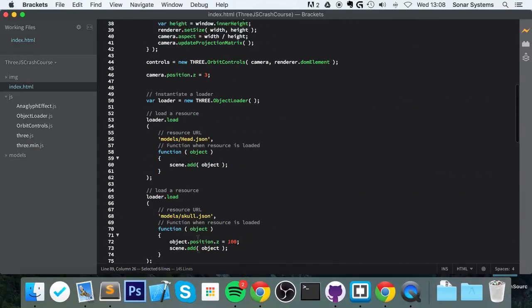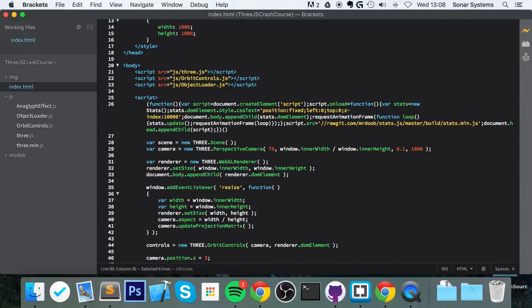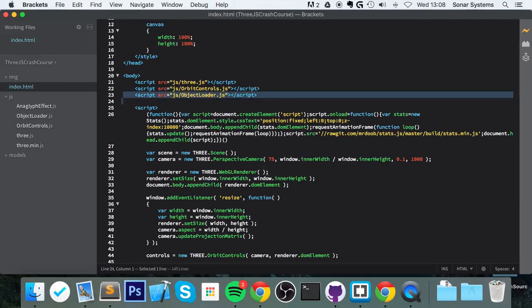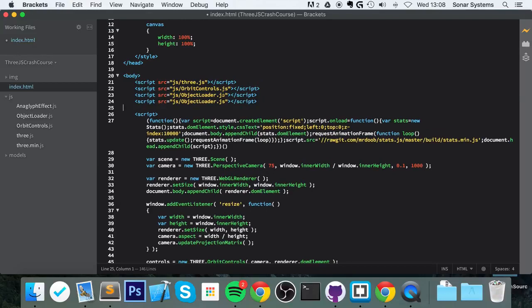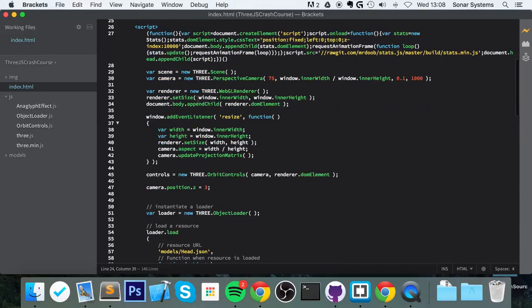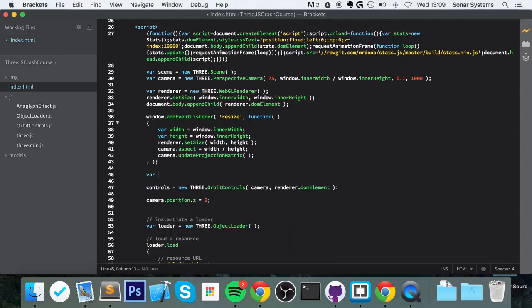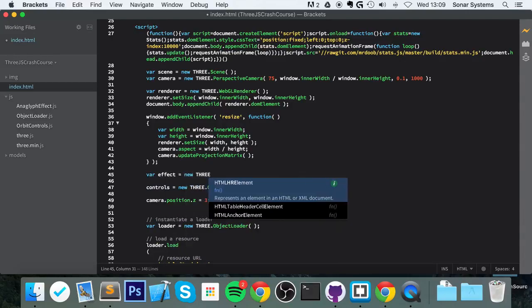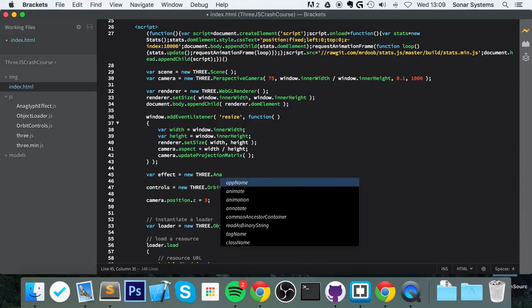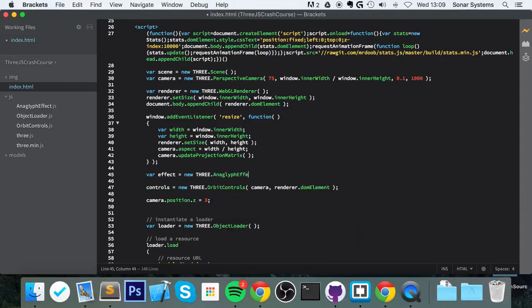And now before we actually start coding our world to be 3D, we just need to include it. So I'm just going to duplicate one of these lines, change this to Anaglyph effect, and now what we need to do is create an effect for our Anaglyph. So anywhere after this window, if we just do var effect equals new THREE.AnaglyphEffect,